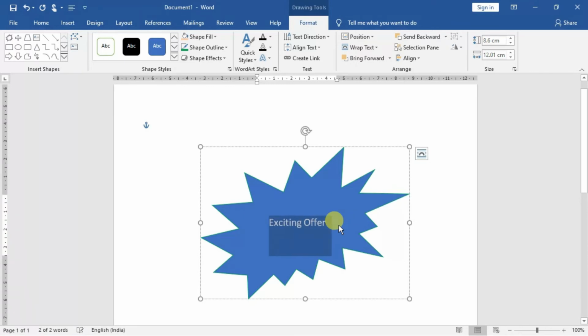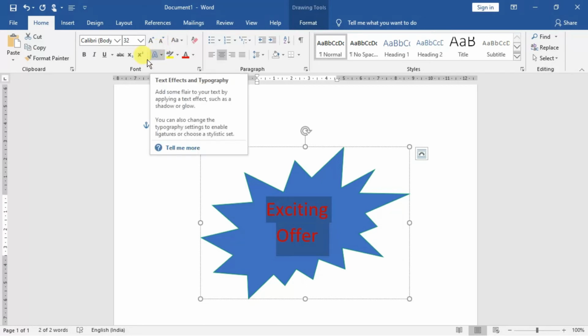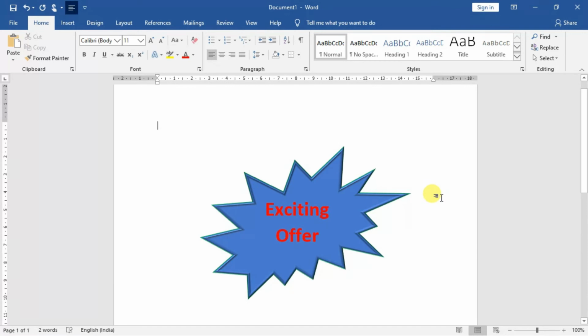You can increase the size, go to the Home tab and change the color of the font to red. Then you can also make it bold. This way you can create a nice shape with 'Exciting offer' or any other text if you want. Anytime it is possible.